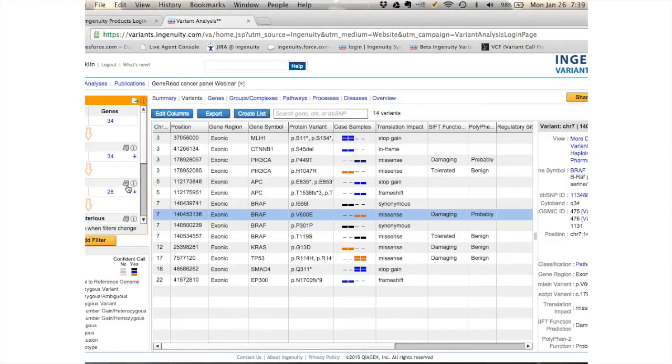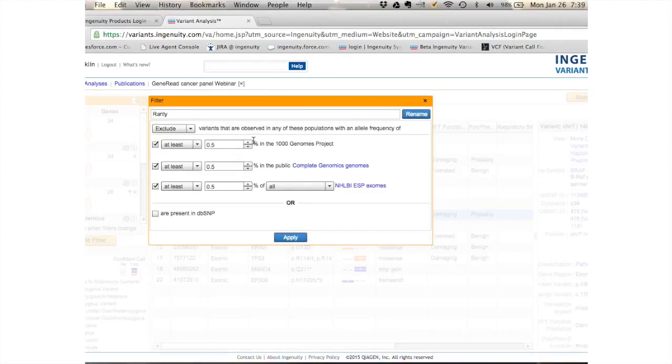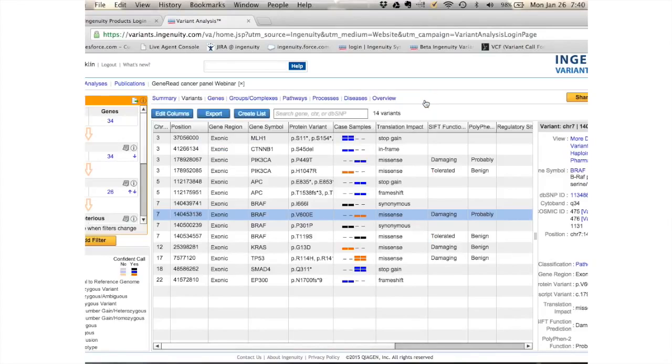So for every one of those filters, you can actually go and change any of the parameters. I can go and say, okay, I want to change this because I want to exclude variants given a certain criteria, and change any of the criteria, and you can apply and change any of the filters. I'm not going to do it at this time, but it's simply to say that any of those parameters can be changed, can be moved up and down. So maybe you're like, well, I really want to do this step before that other step. So you simply use the little arrow to move the different filter criteria, and variant analysis will just rerun the